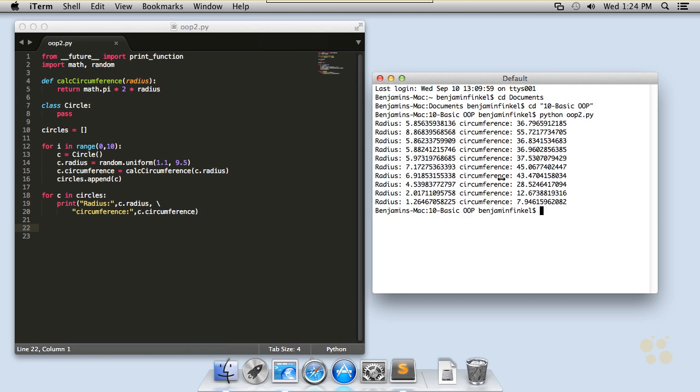And there it is. I've got 10 circles, each with a random radius between 1.1 and 9.5. I just chose some numbers there. And their corresponding circumference. So I've already cleaned up my code a fair amount. I've got a really powerful ability to, in this case, generate circles, but what if I were reading these out